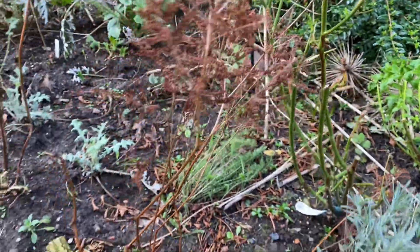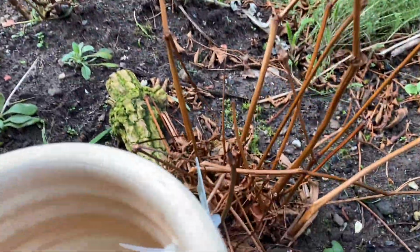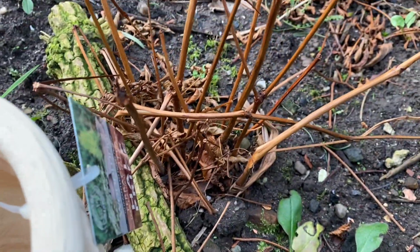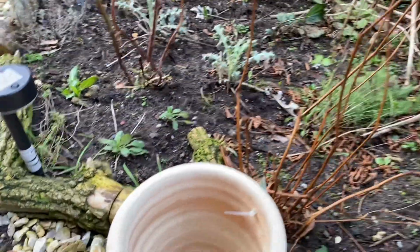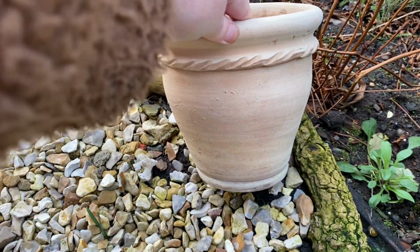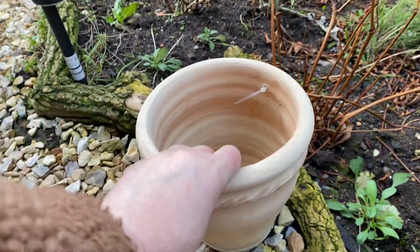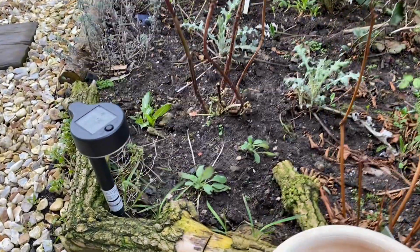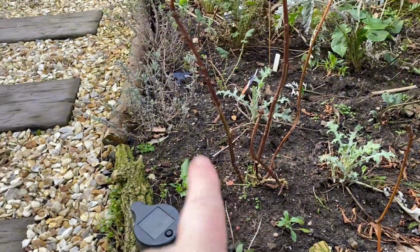More Achillea, Astilbe. I don't think I've got any new growth yet. Hopefully not lost that. Look at this little pot that I got from my favourite garden centre, and it was reduced to $4.99. It's lovely, isn't it? And there's still some forget-me-nots in here too, and I think that's a Veronica right there,